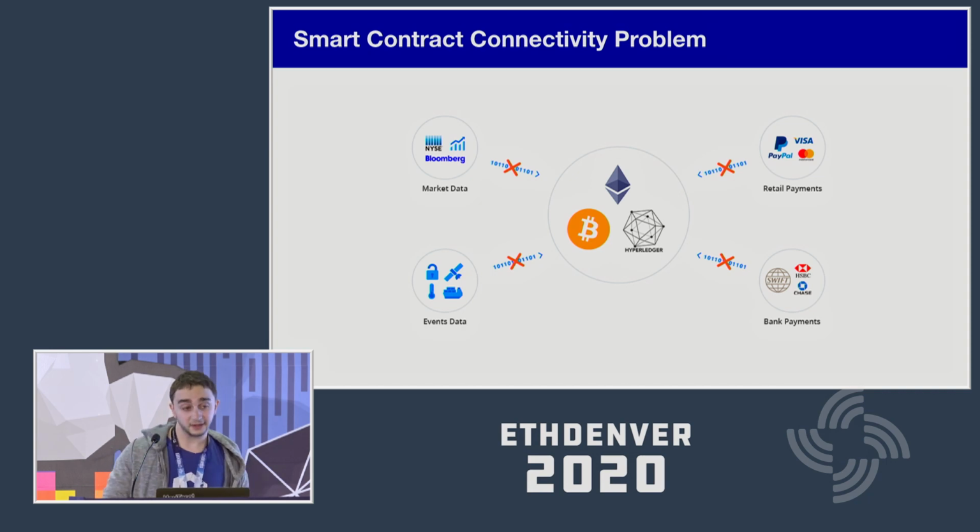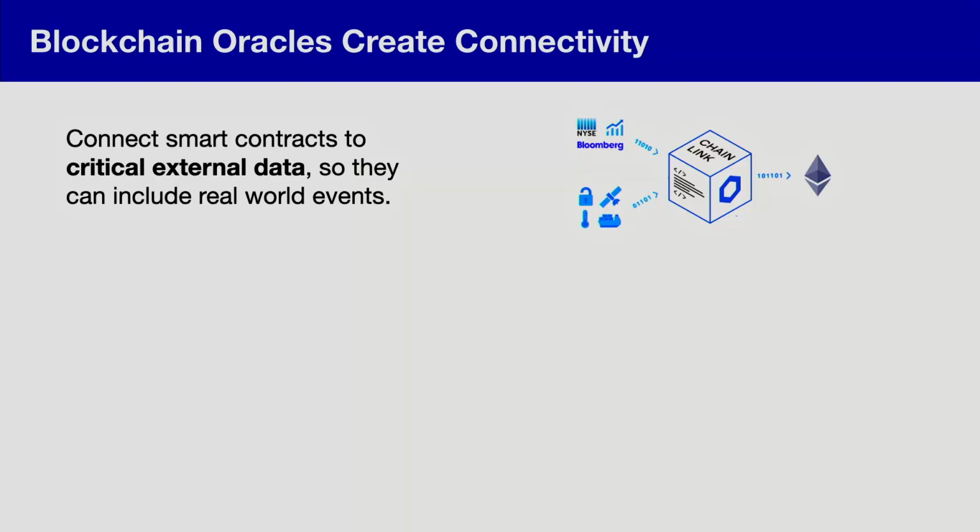And this data can be key on multiple levels, right? This data can be financial data, it can be IoT data, it can be stuff that you can use for derivatives, for future contracts, for insurance, for supply chain. All of these great use cases are allowed by data. Basically, you need data in order for these use cases to evolve on blockchain, on Ethereum. So basically, what is our mission? We want to connect smart contracts to the real-world data.